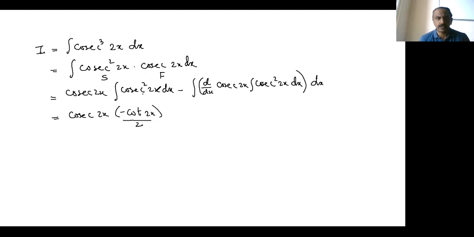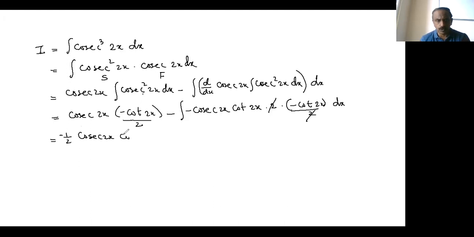Because when you are integrating cosec square 2x, you need to divide by 2. Minus, derivative of cosec 2x is minus cosec 2x cot 2x into 2, the derivative of the angle part, into minus cot 2x by 2 into dx. In integration, the coefficient of x is divided; in the derivative, the angle's coefficient is multiplied. So they both will get cancelled. So I can write now this as 1 by 2 into minus 1 by 2 into cosec 2x cot 2x